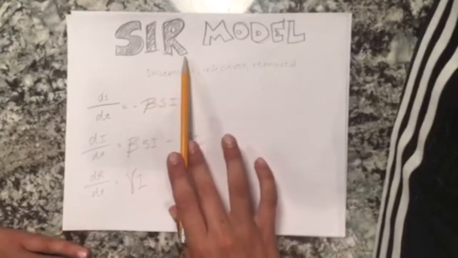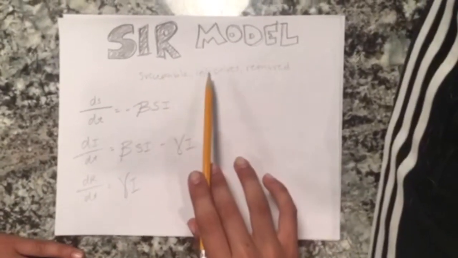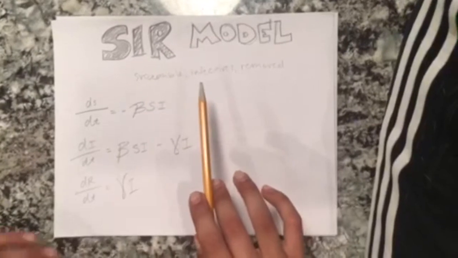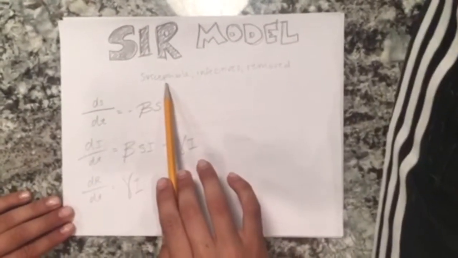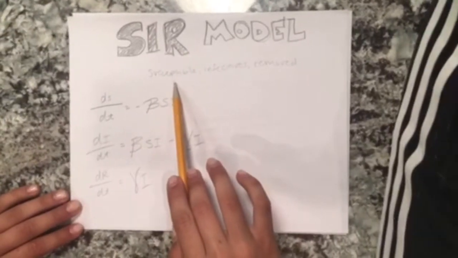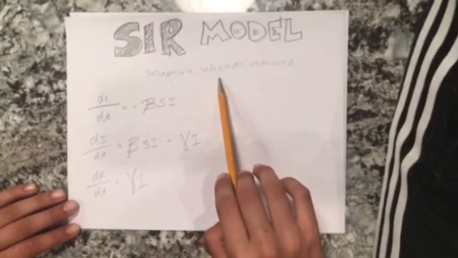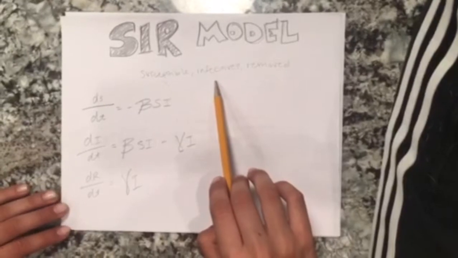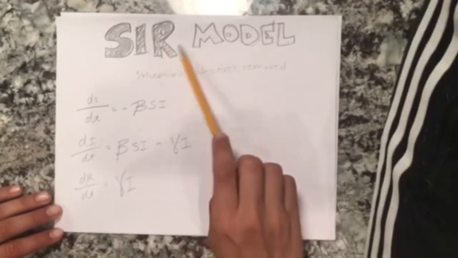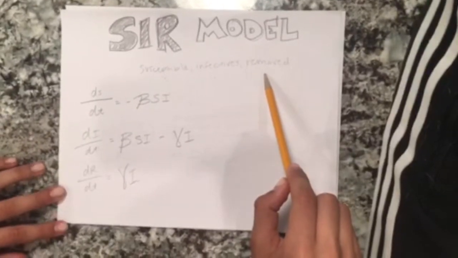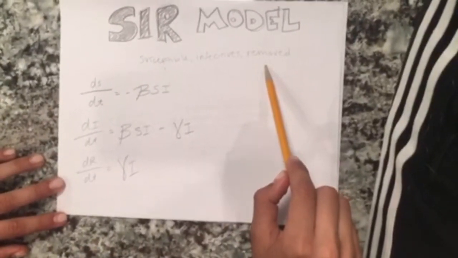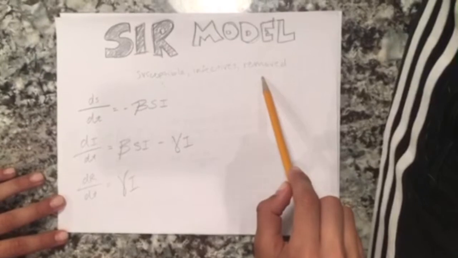Okay, the SIR model. The SIR model is a simple model of an epidemic of an infectious disease. The S stands for susceptible individuals, those capable of becoming infected. The I stands for infected individuals, those capable of causing infection. And the R stands for removed individuals. Those individuals no longer able to contract the disease because they have recovered with immunity, have been placed in isolation,